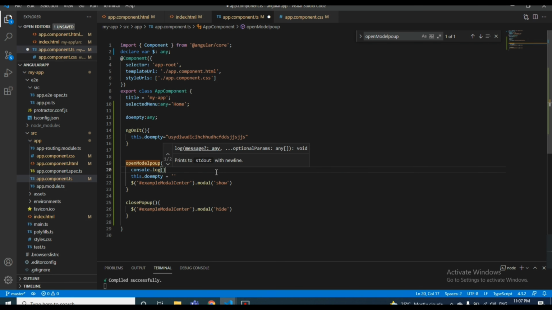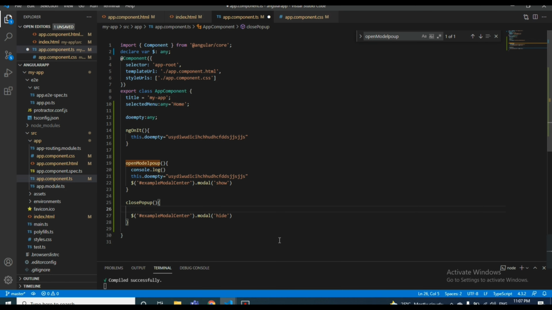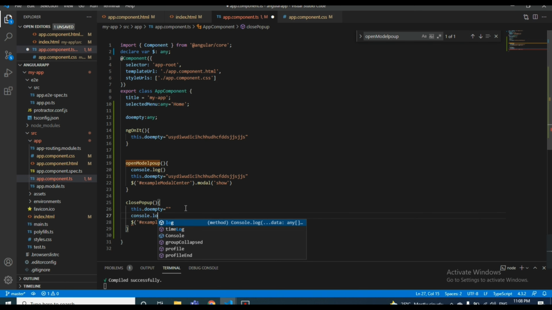I'll keep a console log here just to check whether the data is coming. I will give data in the open function and remove the data in the close function. I'll empty the doEmpty variable in close. console.log this.doEmpty.